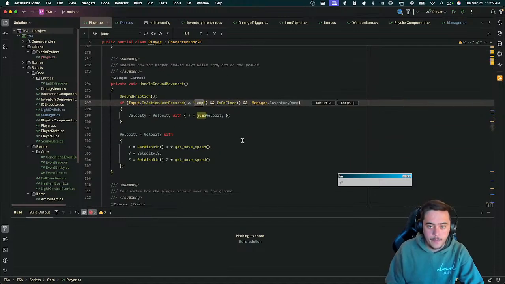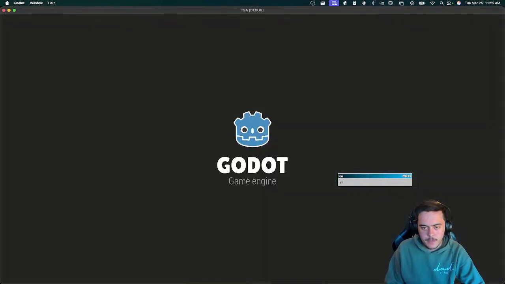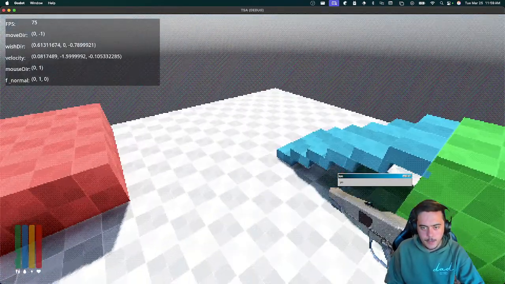I just can't type in general. Okay. Is action press. Let's just hold that down and let's rebuild it. So if I hold space now, I should be able to keep jumping.